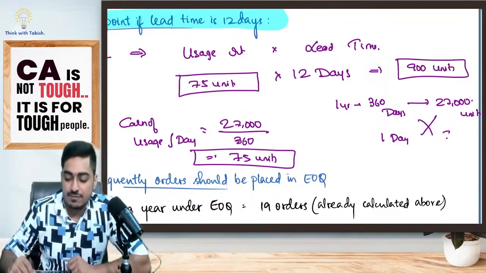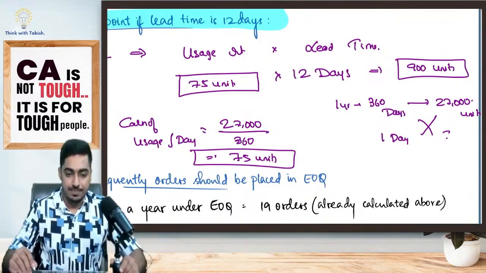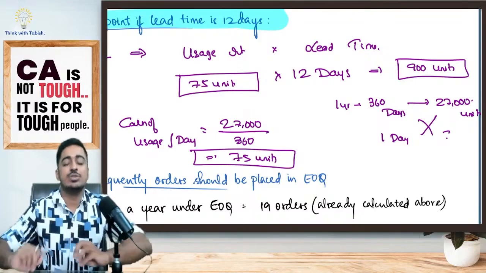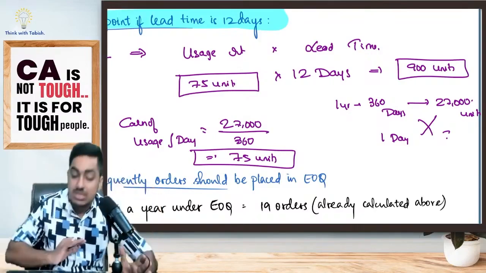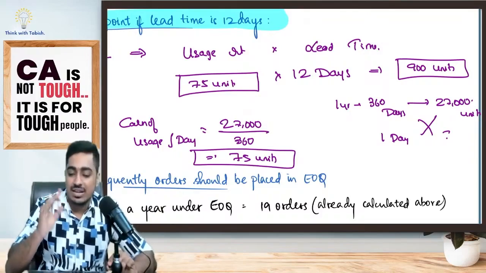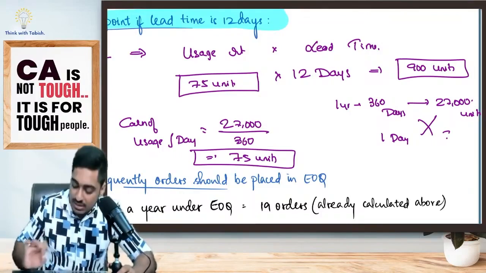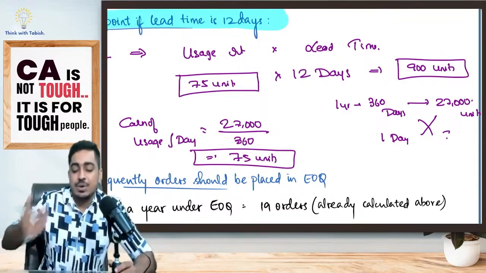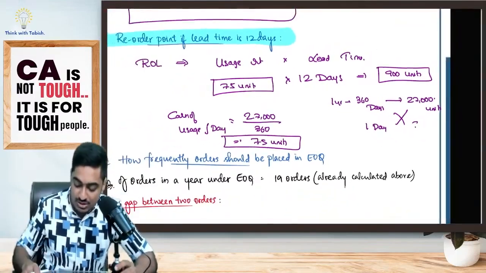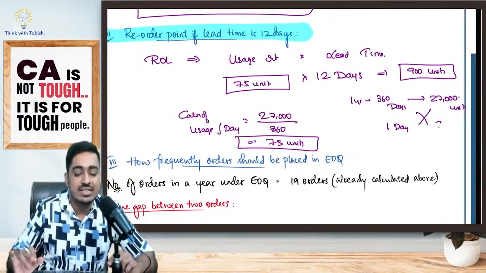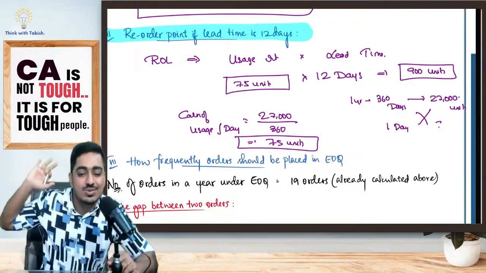Is this clear, everyone? Yes or no? Okay. If you have understood this, great. If you have not understood this, absolutely fine, because we have a concept video wherein I'll be explaining all the inventory levels: reorder level, maximum, minimum, average, danger. Simple formula. This is a very simple question. The only thing is I have put the question here because of that. You might be feeling, oh sir, what is this? Tomorrow once you see that inventory levels video, you will understand this. Then you will tell, sir, what a GGB question this was.